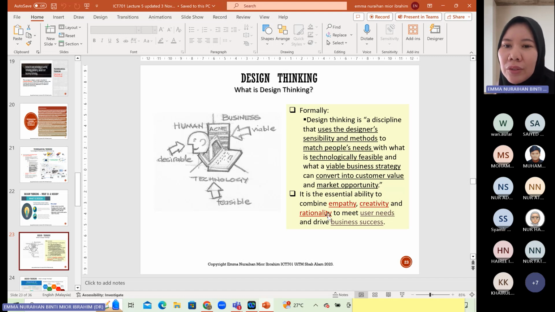Yeah. So design thinking is the discipline that uses the designer sensibility, okay, that match people needs, all right, and also what kind of business strategy that can convert the design artifact into something valuable, okay, something that become a market opportunity. So kalau you kata, okay, you jual produk OEM and orang ambil daripada kilang yang sama. But how to, tapi what makes it different in terms of the sales? It depends on the design thinking of that particular